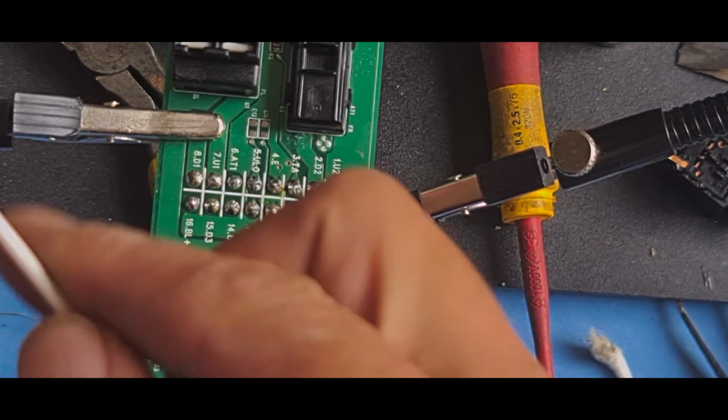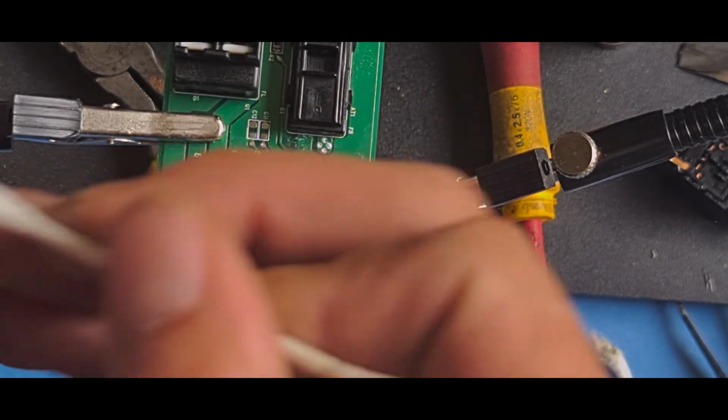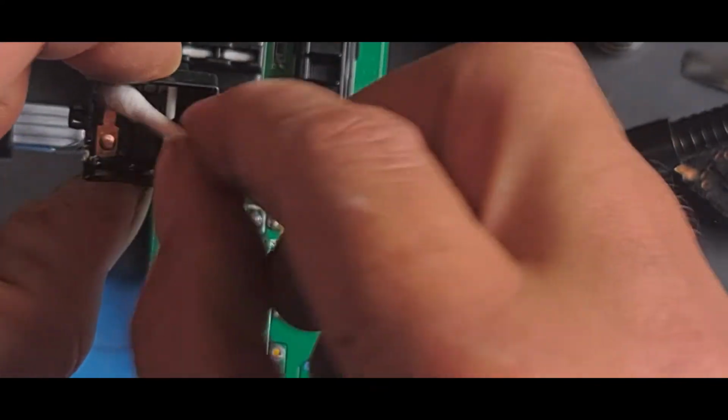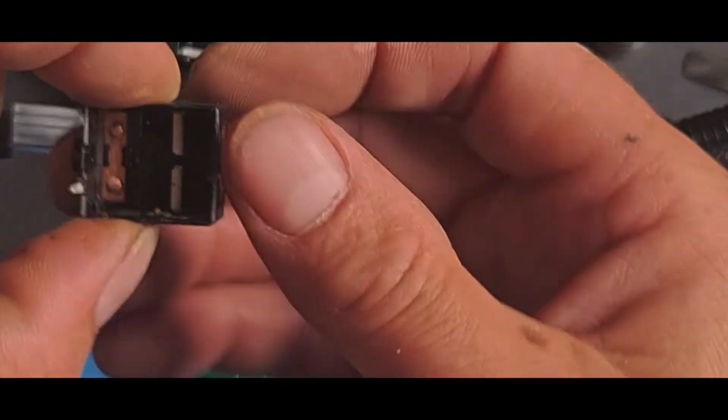Give it a quick dry with the other side. Nearly popped that one off. Same with this one. Give it a quick wipe down with isopropanol. Now there is a little bit of grease in here, which allows the plastic to move up and down. I don't want to remove that grease,